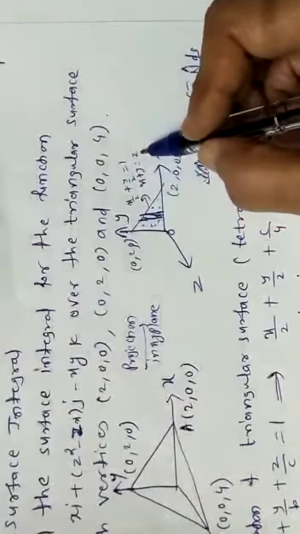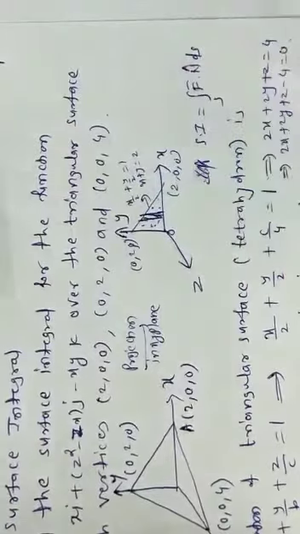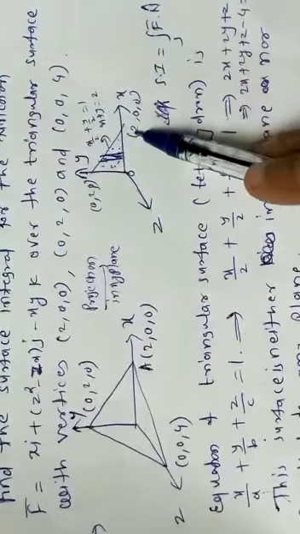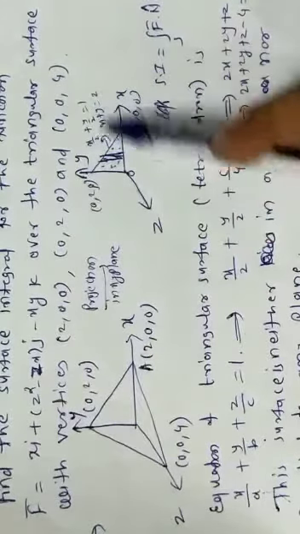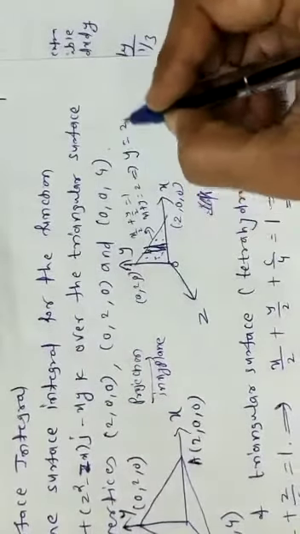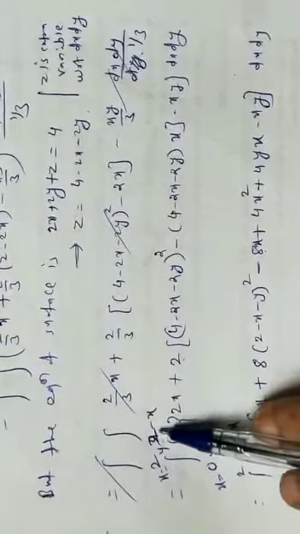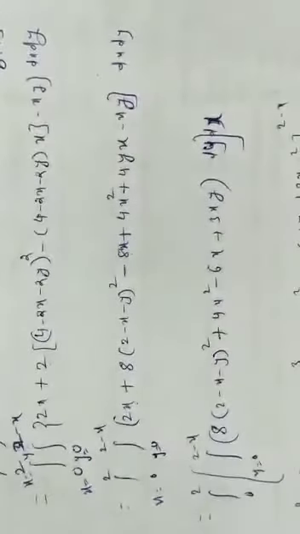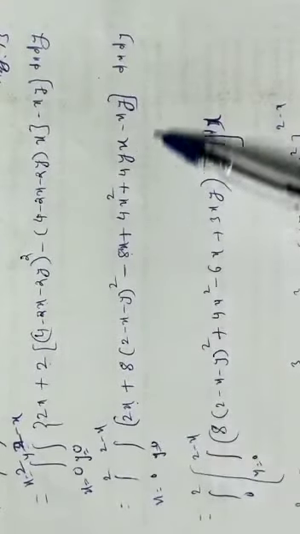And what is the maximum value of y here, students? The equation is x plus y is equal to 2. How? Because here z is 0, right? So from this itself you see x by a plus y by b is equal to 1. So x by 2, because a is 2, plus y by 2 is equal to 1. So take the LCM and cross multiply. x plus y is equal to 2 is your equation. So what is y here? 2 minus x. So therefore here if you observe, the lower limit is 0 and the upper limit is 2 minus x. Now can you tell me what will happen with the values of x? Left to right, 0 to the maximum value of x, which is 2 here, and therefore 0 to 2 are your limits for x, right?